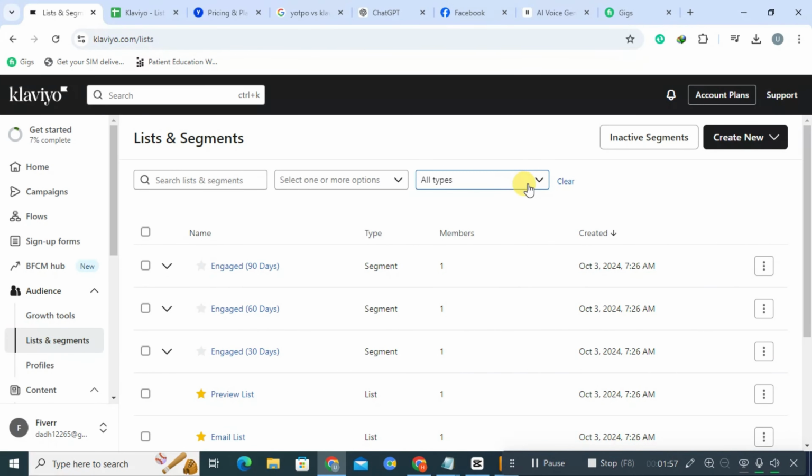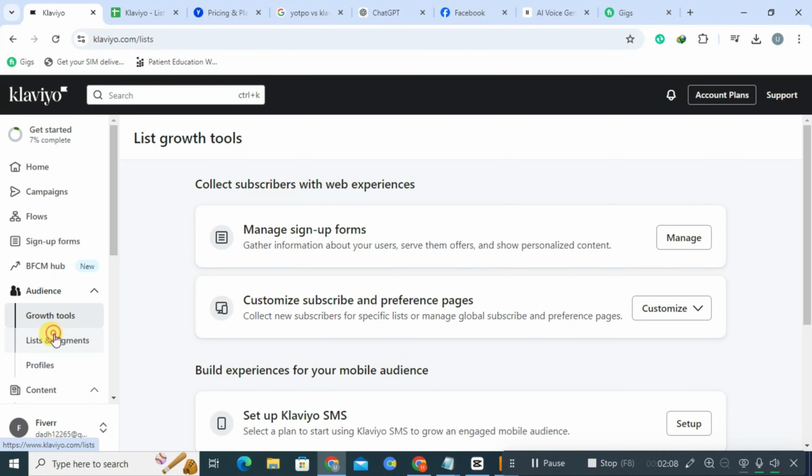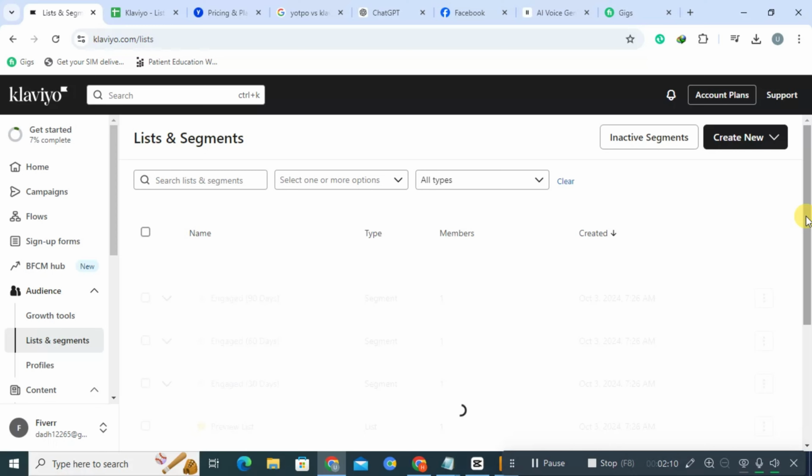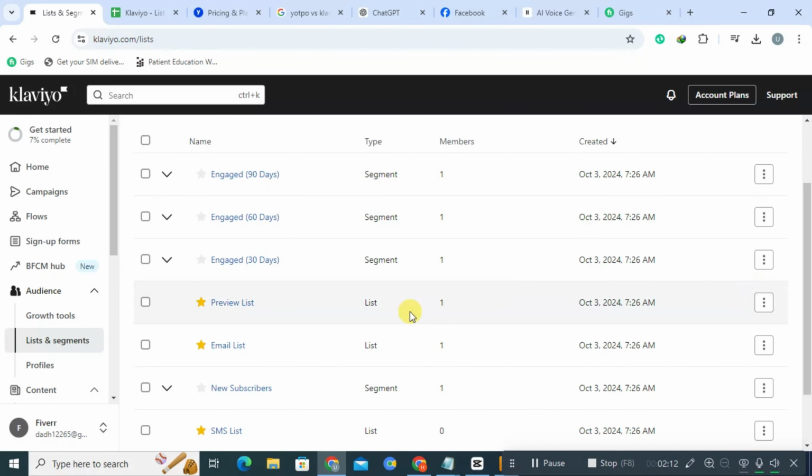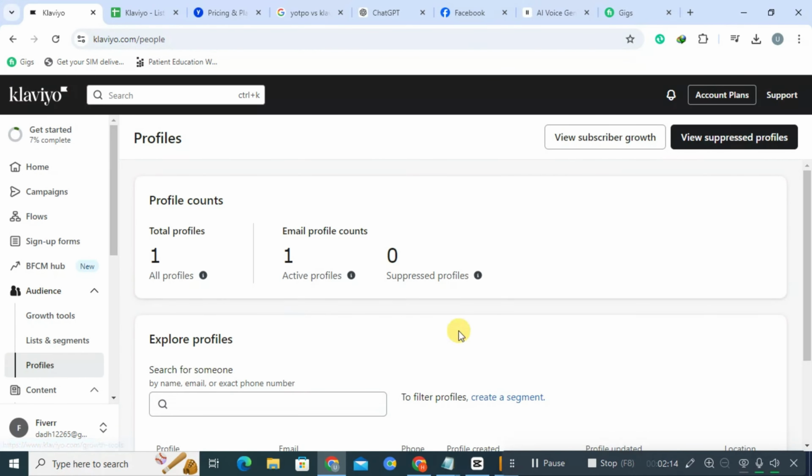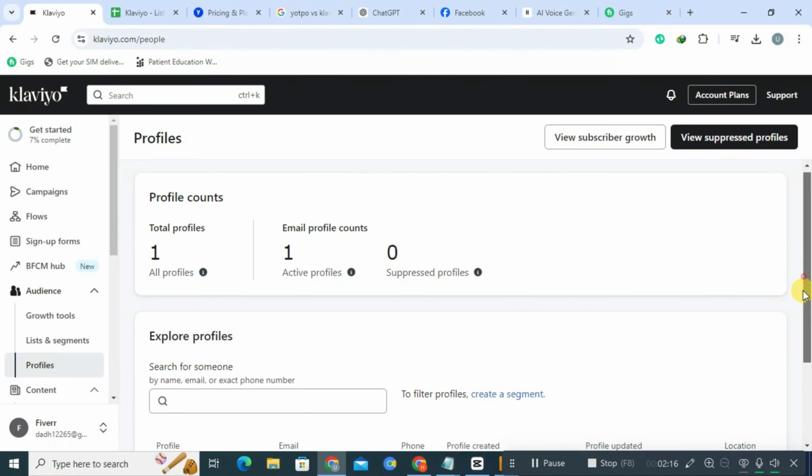and post-purchase follow-ups. Klaviyo allows for highly targeted audience segmentation based on metrics like purchase history, browsing behavior, and engagement levels, enabling personalized messaging. Klaviyo integrates seamlessly with various e-commerce platforms, CRMs, and analytics tools, making it a versatile choice